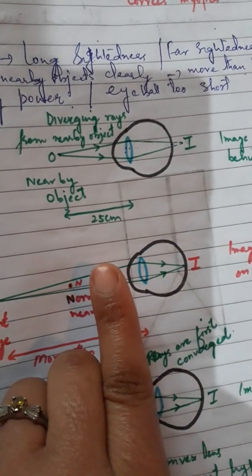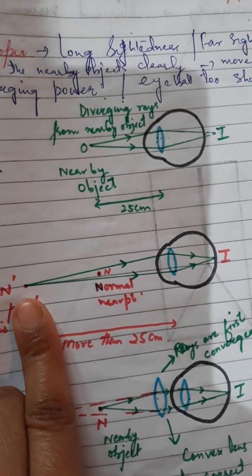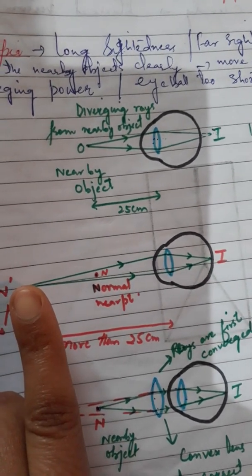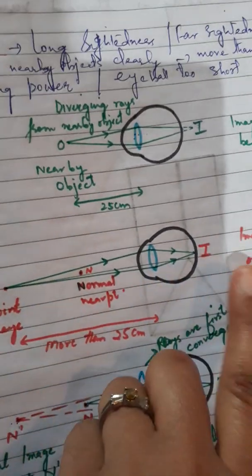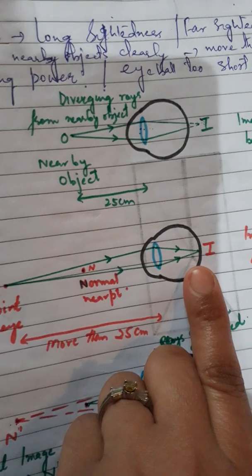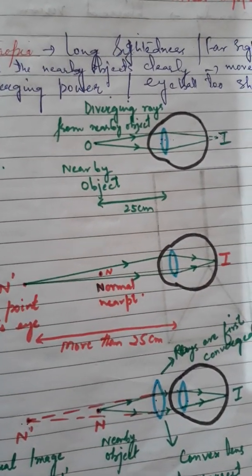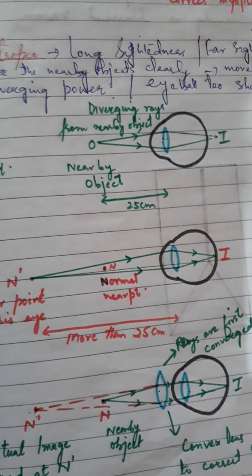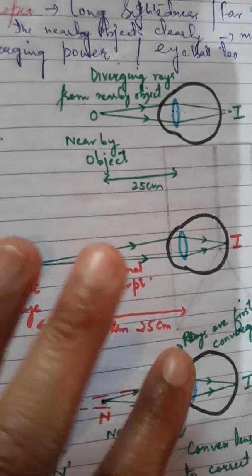The near point of the hypermetropic eye is at point N dash, which is more than 25 centimeters away. The diverging rays of light coming from a hypermetropic person's near point can just be focused by his eye on the retina. This means that if the object placed at the normal near point can be made to appear as if it were placed at this eye's near point N dash, then the eye will be able to see it clearly,